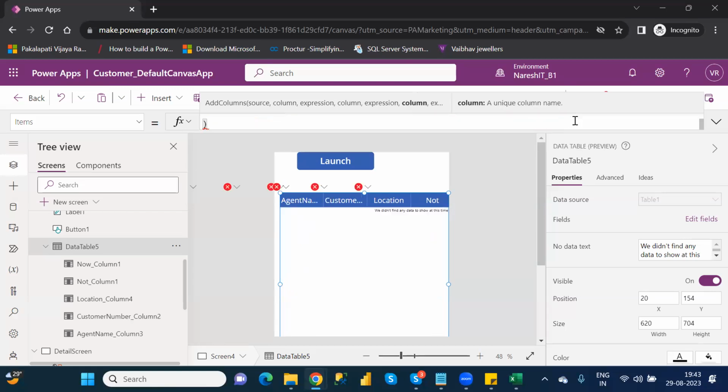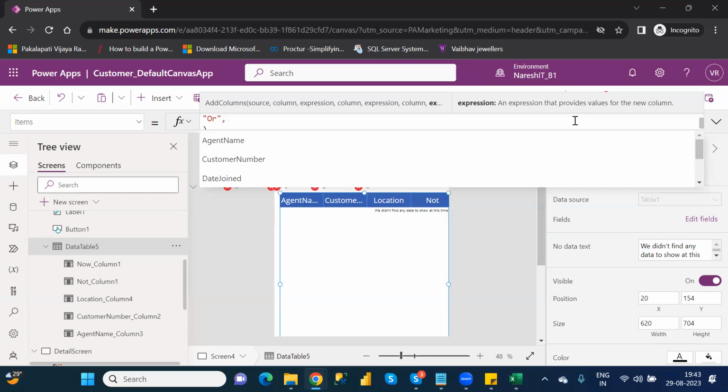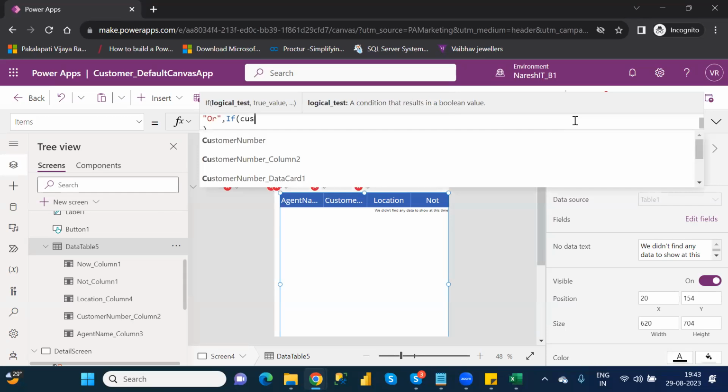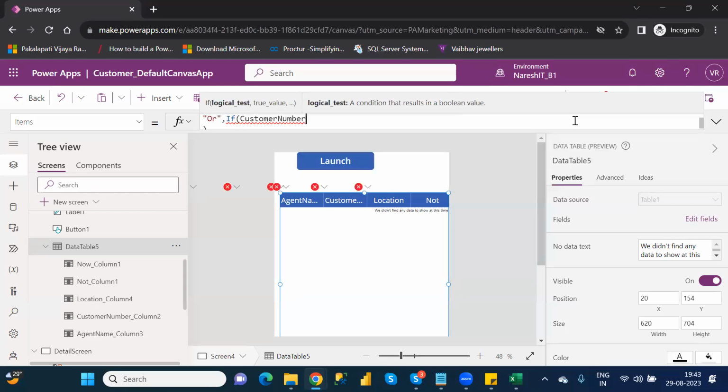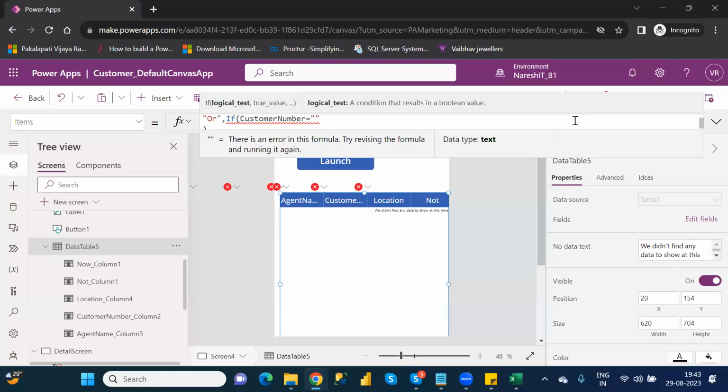Suppose for example, if customer number is equal to 8, and